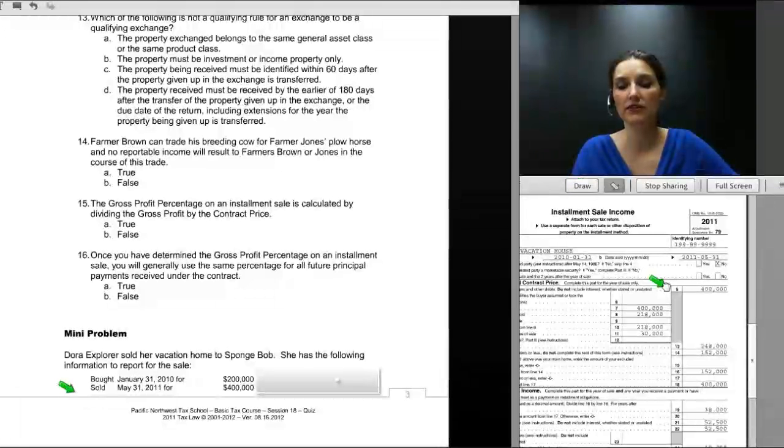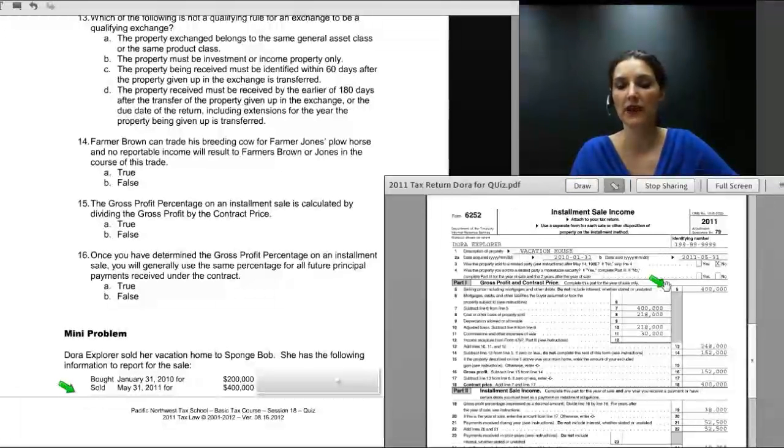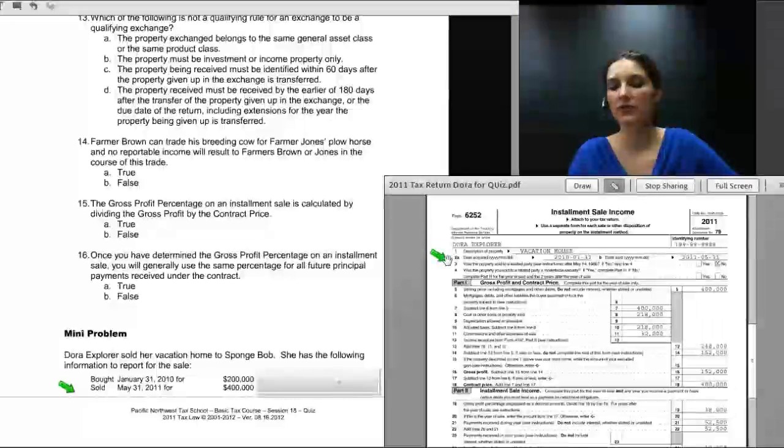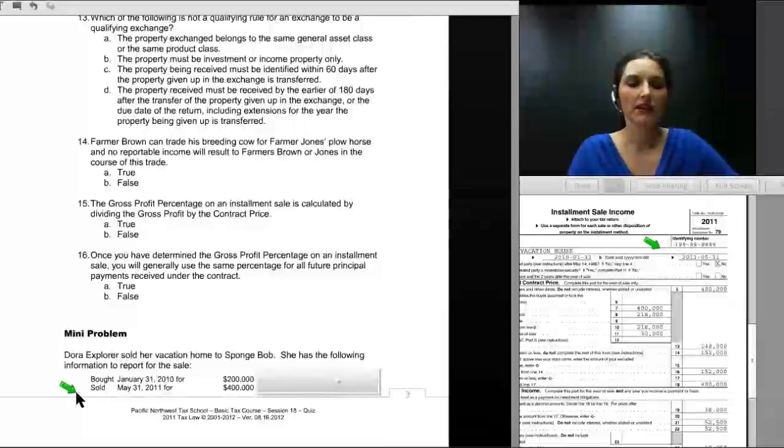The $400,000 sales price will be entered on line 5 of her form. Also, we've given you a description of the property, which is a vacation home, the date acquired, January 31st, 2010, and the sales date of May 31st, 2011. We're telling you in the wording of the problem that she bought the home for $200,000, but there's probably some extra information we need to figure her cost